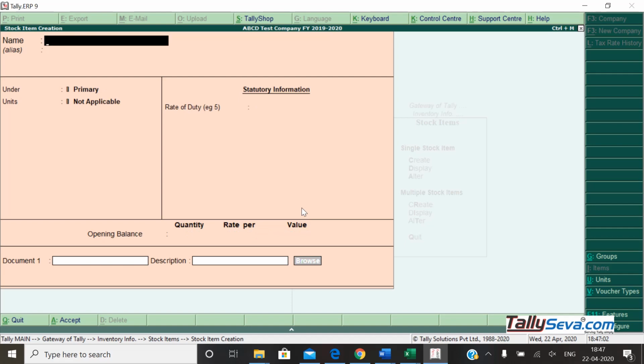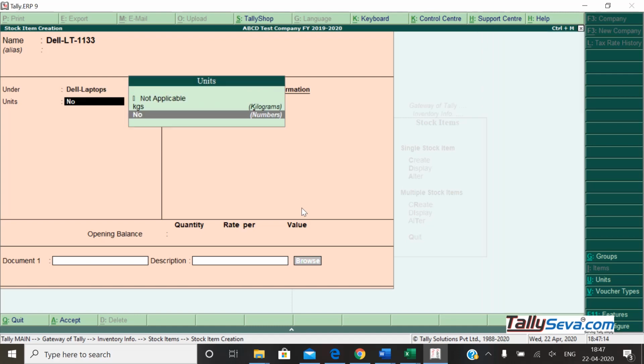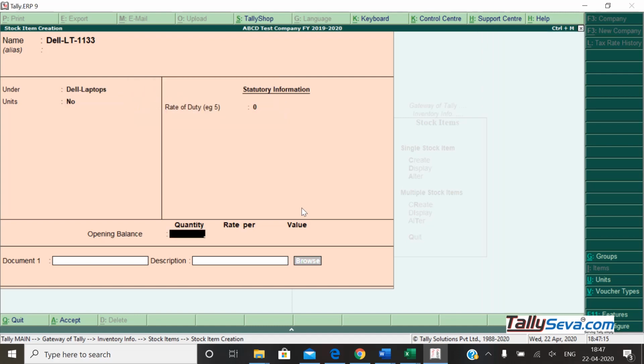Same way I'll recollect the previously typed text. Control R, double one, double three. Sorry, under Dell laptops, 20 numbers. Rate will be 18,000.